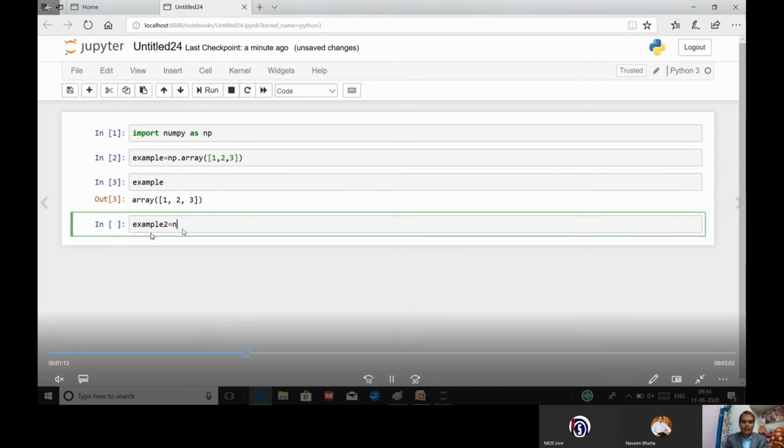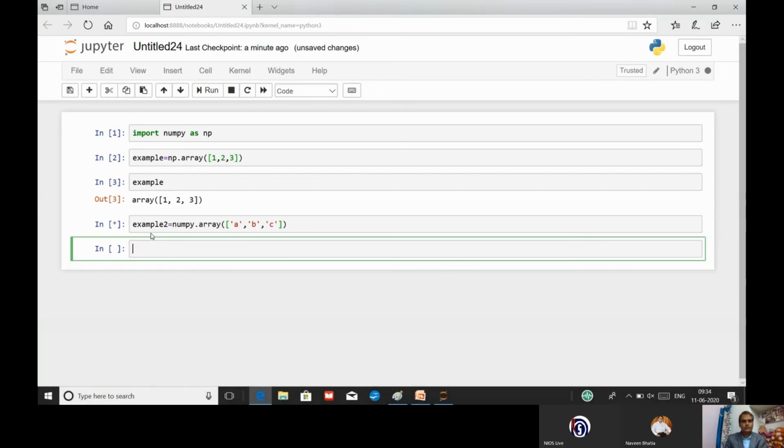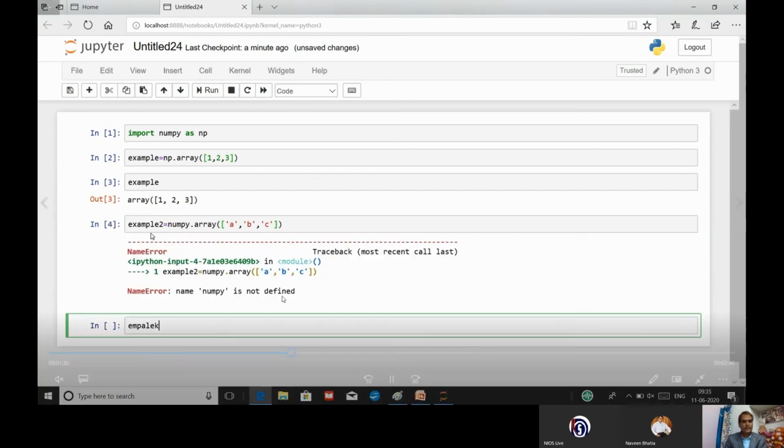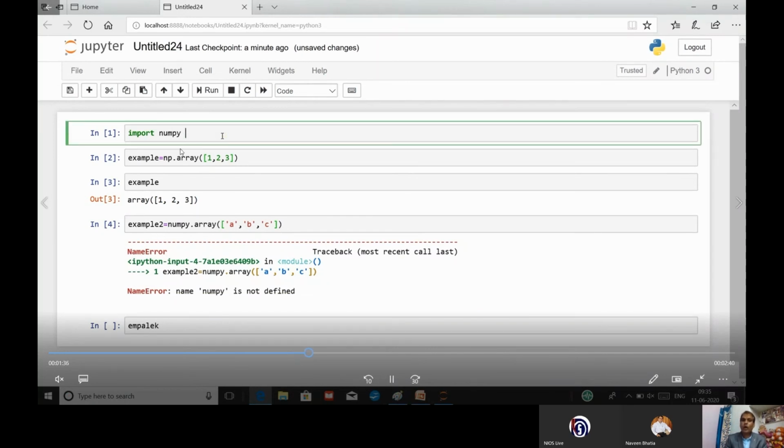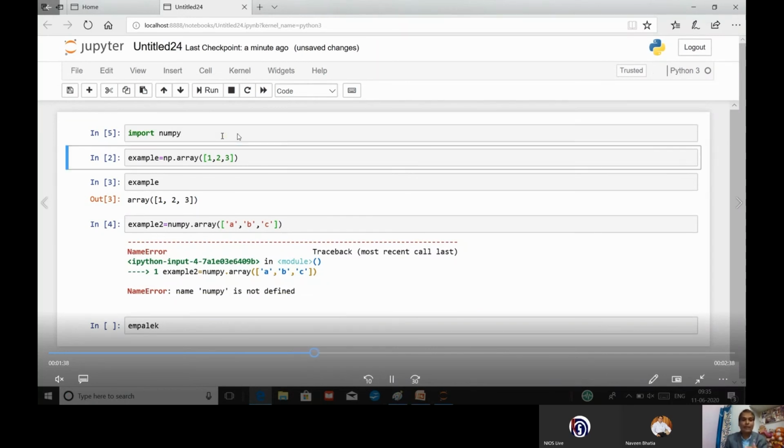Now let us see example number 2. We are going to use numpy, but as we have declared np, we cannot use numpy. It will show you an error. See, you are getting an error because numpy is not defined. You have to define numpy here, or you have to change it to np.